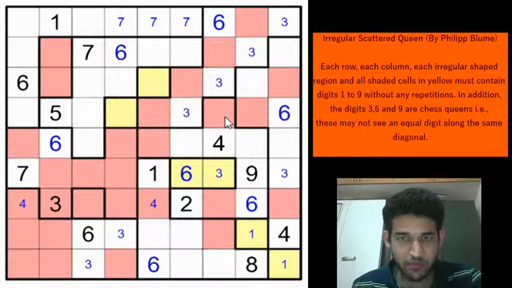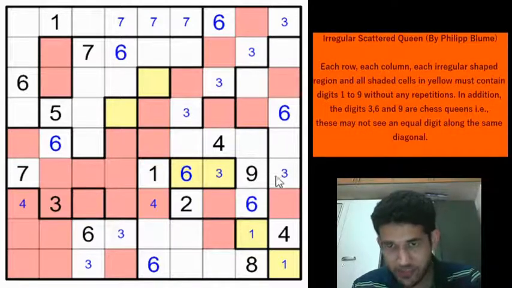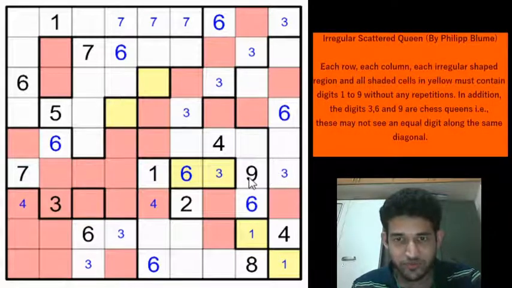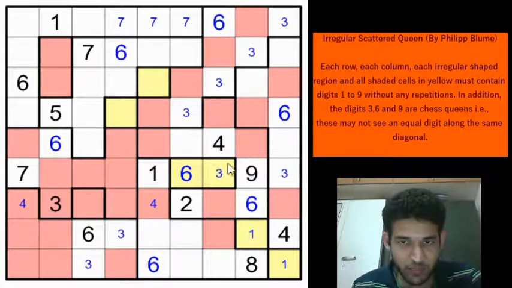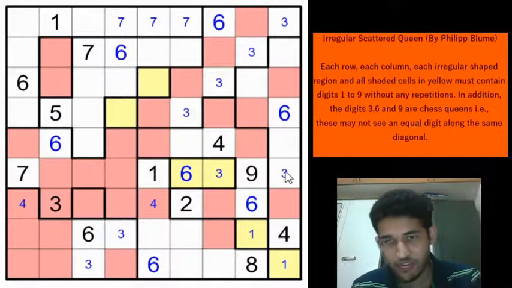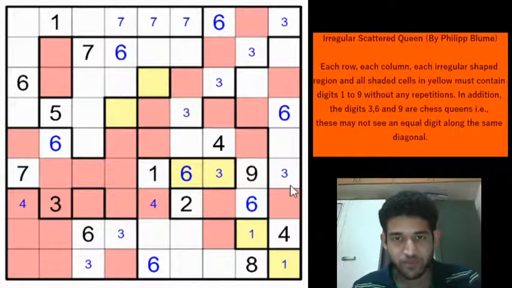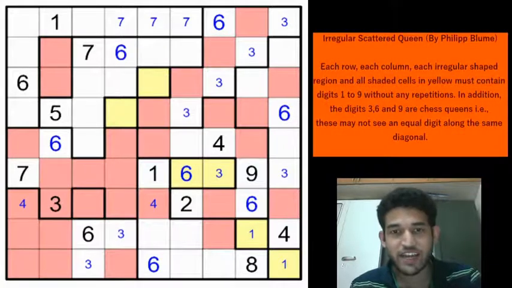You can't have a 3 here by using similar logic, because if you place a 3 here, you eliminate the 3 here and the 3 from here as well. Amazing. This is a really excellent Sudoku, and these 3 cells also have this cell in common. If you have the 3 here, using queen property, you will eliminate the 3 from here and the 3 from here as well, and then there will be no 3 left in row 6. So you can eliminate this cell also, right? Beautiful. These kind of Sudokus are really fun to solve.